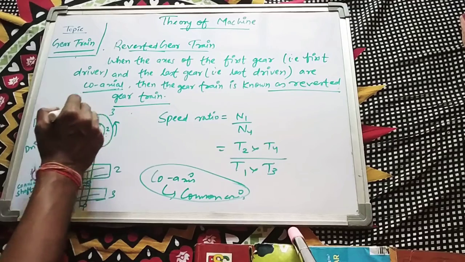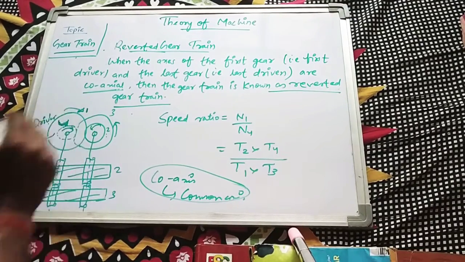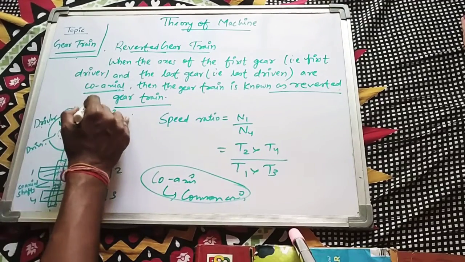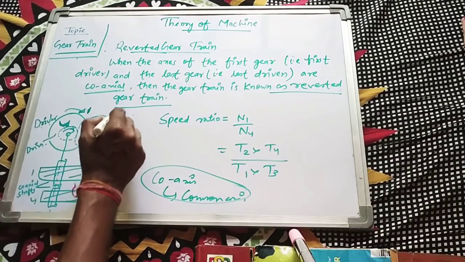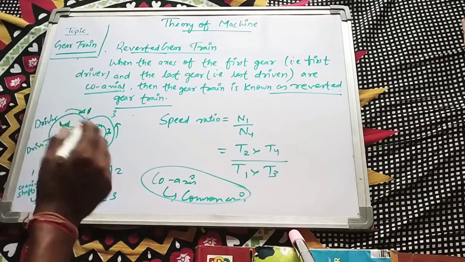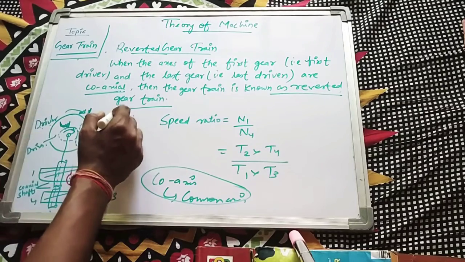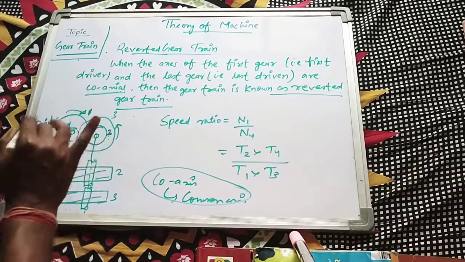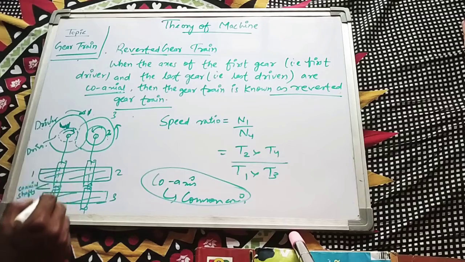So gear 1 and gear 4 are hence connected to a common shaft. I will justify once more that gear 1 is running gear 2. Since gear 2 and gear 3 are compound gears, both will run at a common speed, and since gear 3 is connected with gear 4, gear 3 will drive gear 4. So by this arrangement we can easily say that gear 1 and gear 4 are connected to a common shaft,